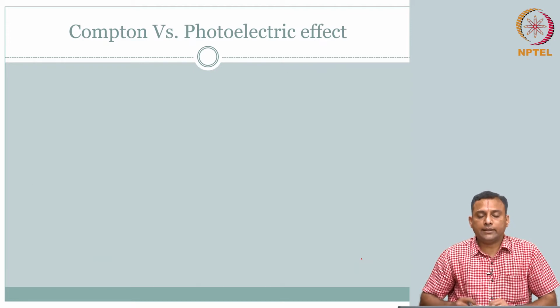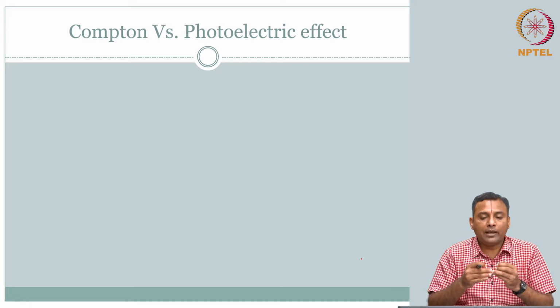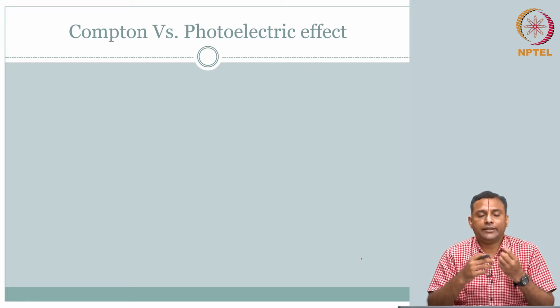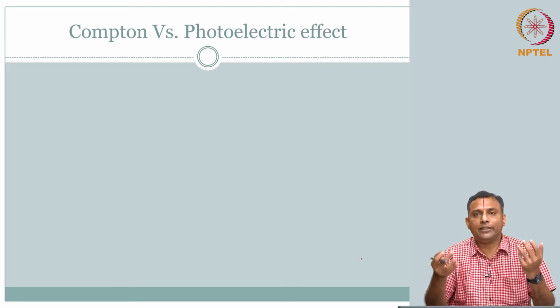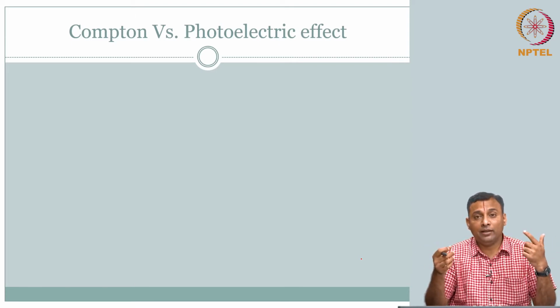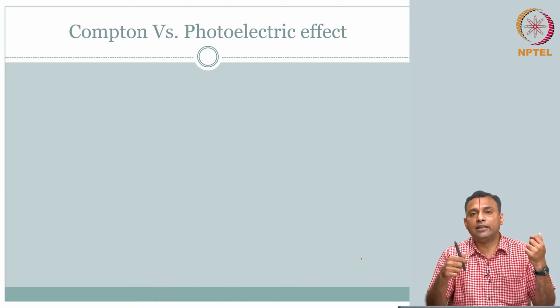So, now let us just compare the two effects. What do I mean by compare the two effects? You do not have control over any of this, it is all statistics, population based. So, you send some energy. Remember, when I say send some energy h mu, that h mu is not discrete.